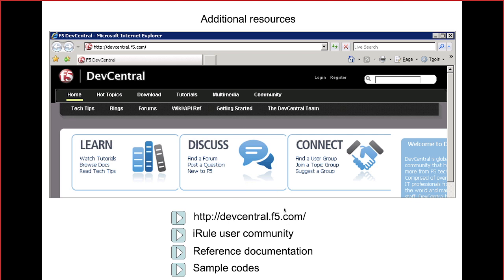One more set of information: you can go to DevCentral and you will get a lot of things. Of course, there will be a lot of discussions with respect to creating an iRule for a specific requirement. There are certain ready-made templates also available under DevCentral, but F5 is not taking any responsibility for the genuineness and the effect of the iRules that are published in public.